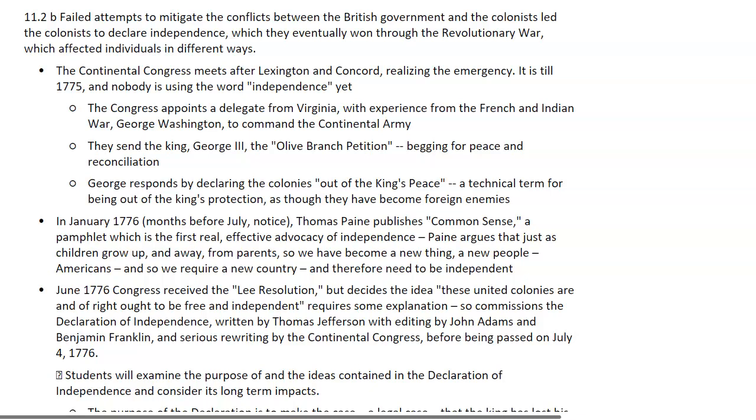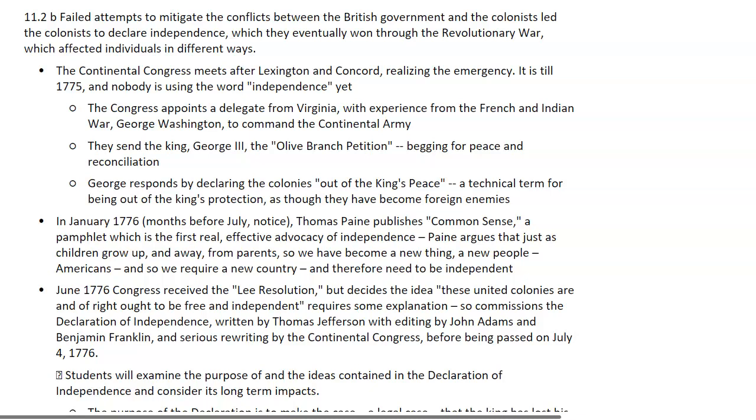They send the king, George III, a thing called the Olive Branch Petition. This is a letter to the king, reaching out an olive branch, the traditional symbol of peace, asking, look, we are your faithful sons of England over here. Let's work something out. The king, instead of reaching back, declares the colonies out of the king's peace, which is